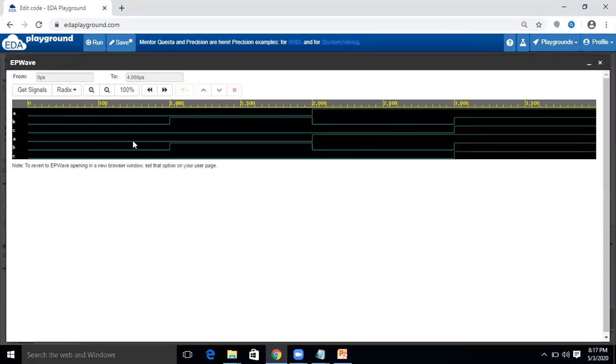So this is the waveform structure, the waveform of inputs and output. Here we are using two codes, one for the design and one for the testbench. In design we have declared A, B, C as the variables. In testbench also we have used the same variables, but in testbench you can use your own variables for testing the functionality of the design. What is the purpose of a testbench? It is used for testing the functionality of your main code by providing the proper combinations to the inputs and observing the output.